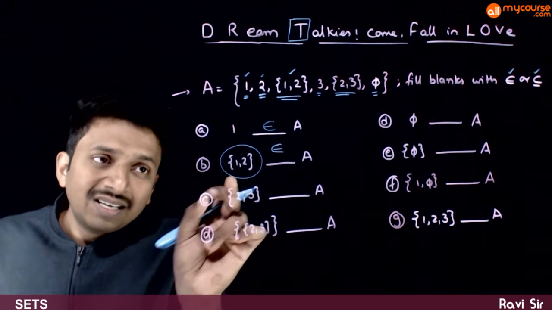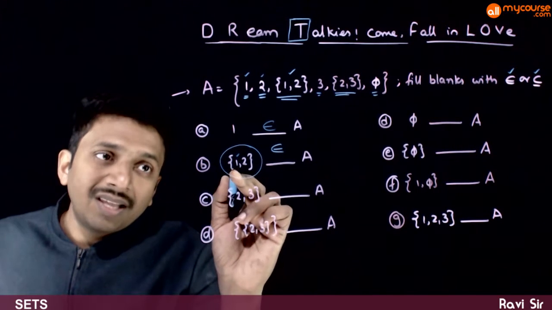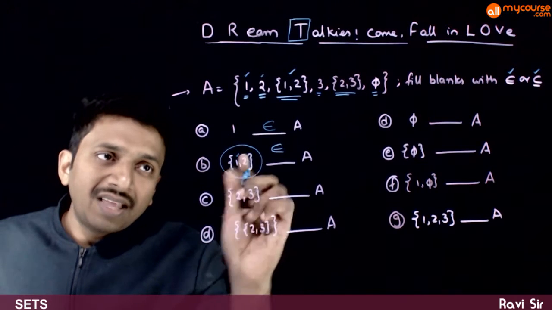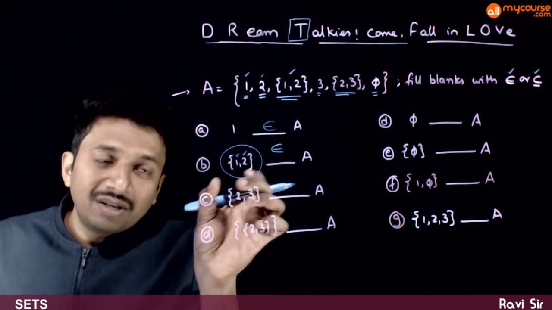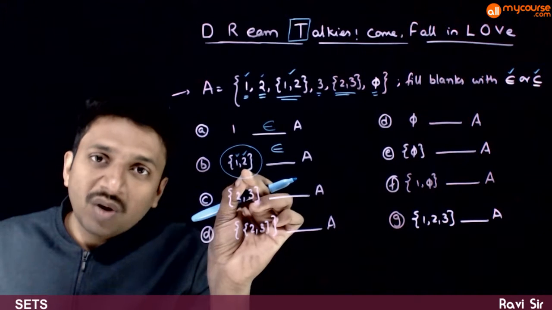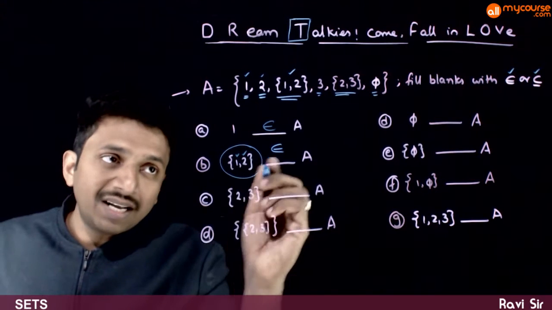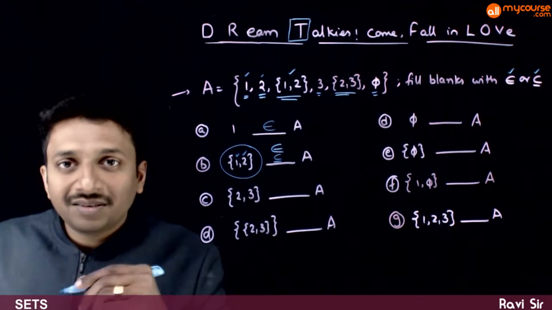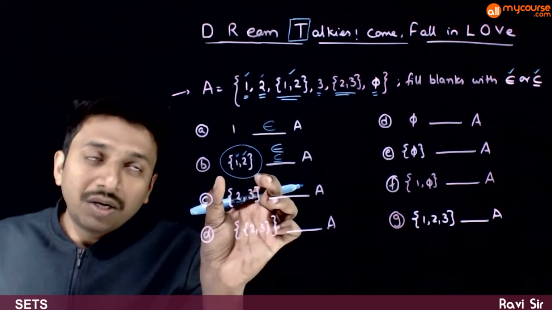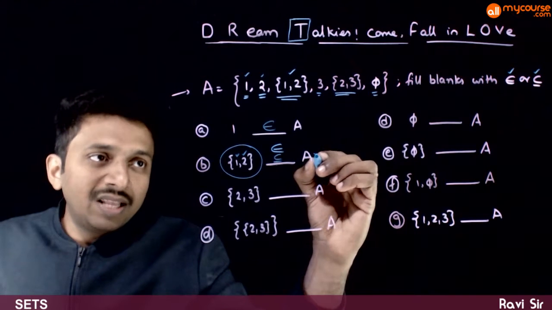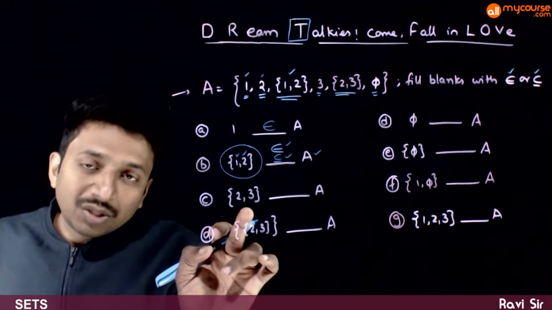But as you can see, if you take the set containing 1 and 2, the element 1 is also present in A. The element 2 is also present in A. So if you take this as a set containing 2 elements 1 and 2, 1 is also present in A, 2 is also present in A. So this set is also a subset. So set {1, 2} belongs to A as well as set {1, 2} is a subset of A. So here in this blank you can have both these symbols, both are right. Let us go to the